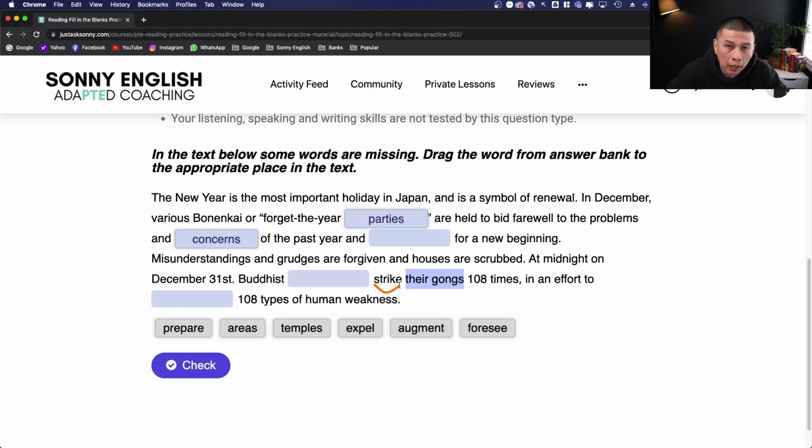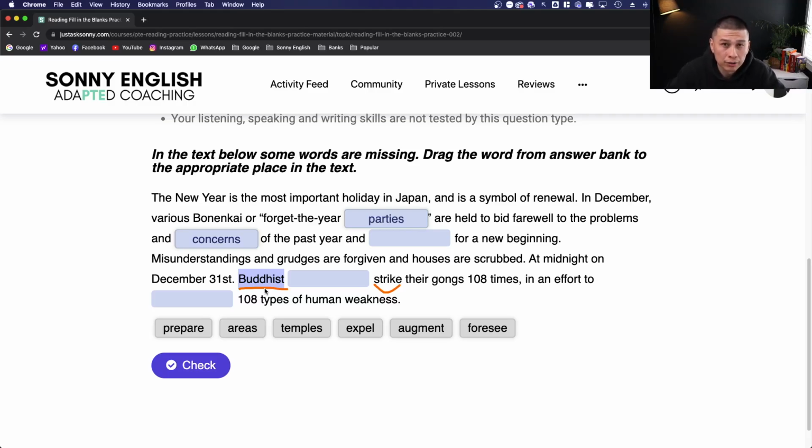Strike is the verb. So if strike is the verb, we need to have a plural noun. Does Buddhist look like a plural noun to you? Absolutely not. So you won't be looking for an adverb here because we don't have our plural noun yet. So how do we know for sure right away when you see Buddhist? It's not even the noun. It's not the subject. Again, this goes back to our countable and non-countable nouns. Is Buddhist a countable noun? Hell yes. So Buddhist is a countable noun, but they wrote it as singular.